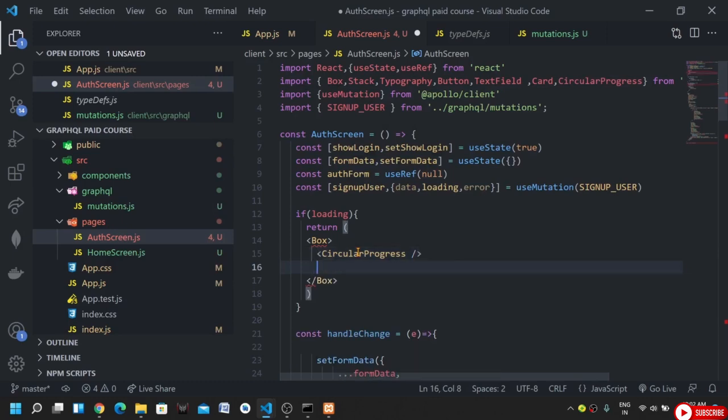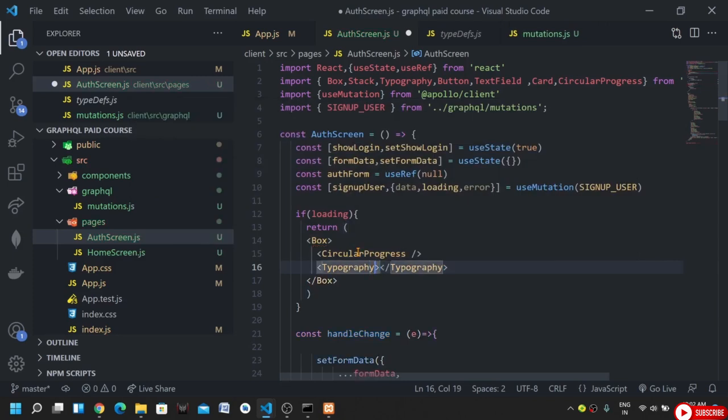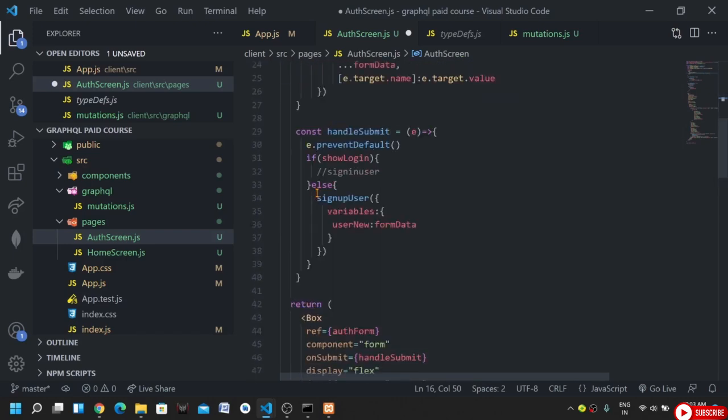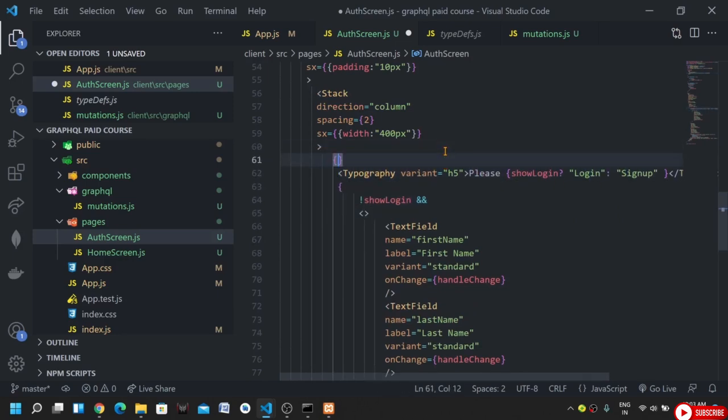Circular progress, and then we will have typography with a variant h6, and here I can write maybe authenticating. Yep. And once we have the data, where is our form? Before this please login or sign up text, here I can add a condition. Once we have the data,